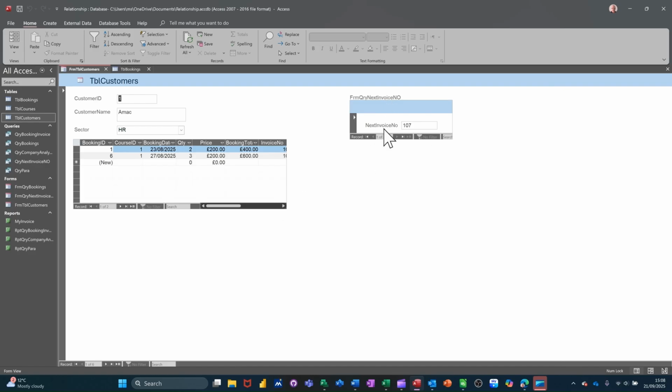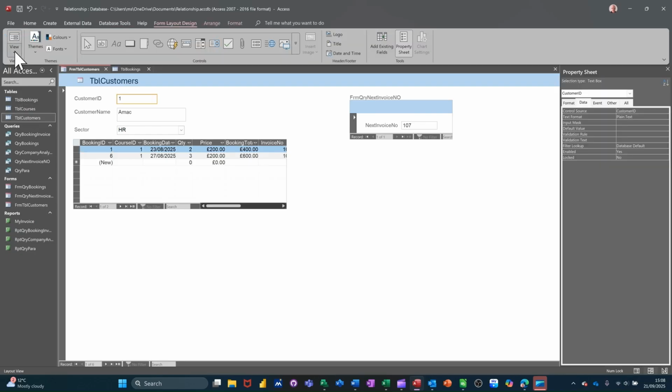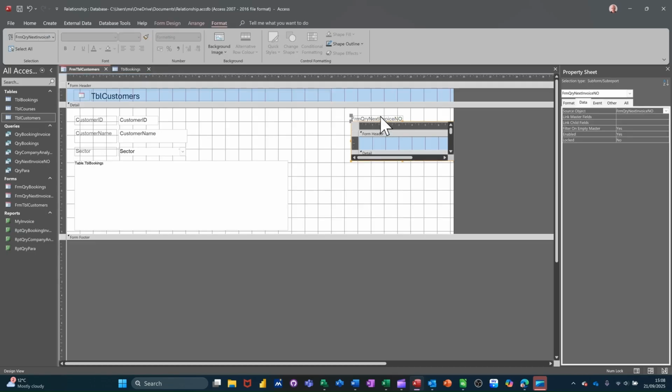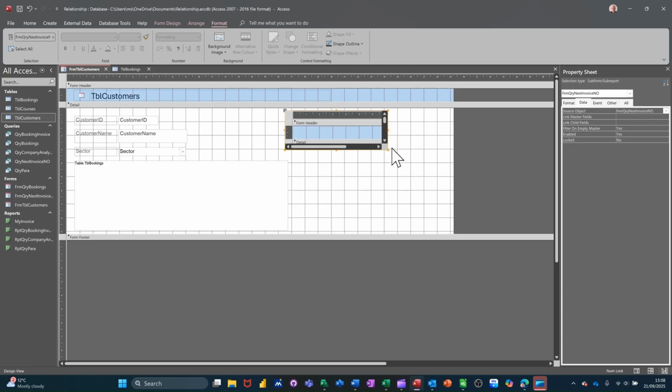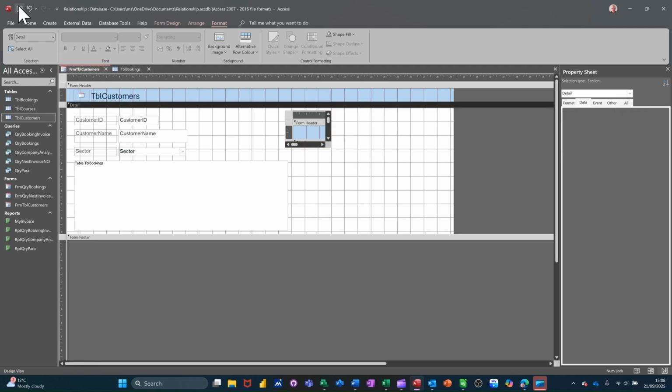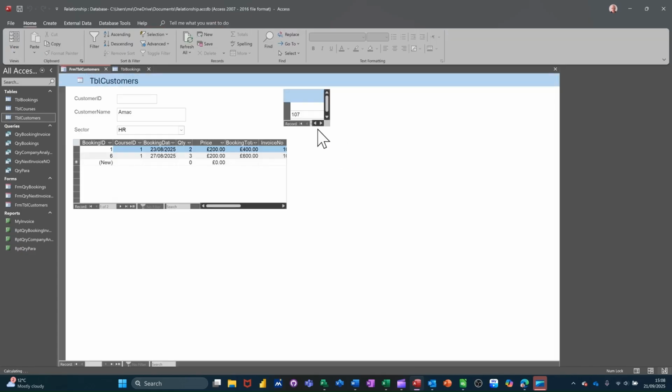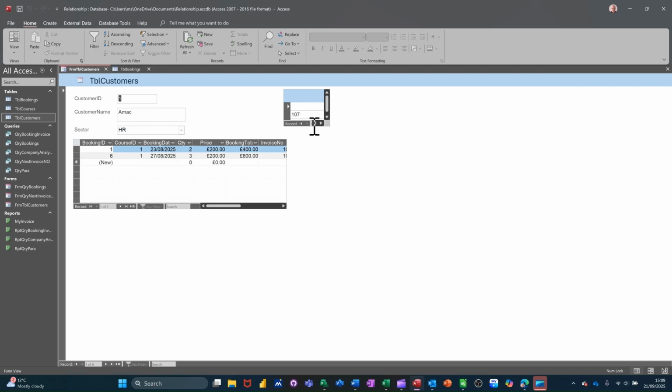Now what I need to do is get rid of some of these labels. So I'll go back into design on this and just tidy this form up a little bit. So I don't need that label at the top. And I can make this a lot smaller than what it is. Let's move it over there a little bit. Bring it across like so. Just save that for a minute and then just have a look at that, see what that looks like. You can actually get rid of the titles and the bars and everything else, but